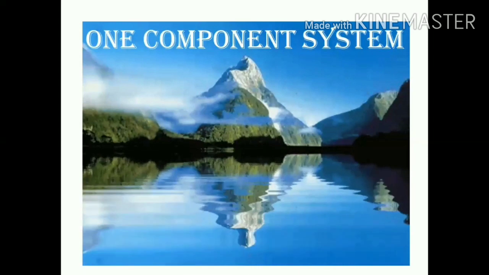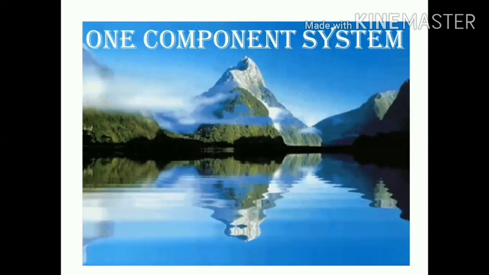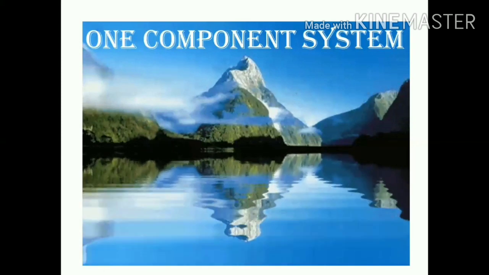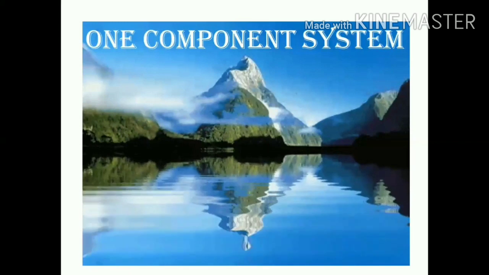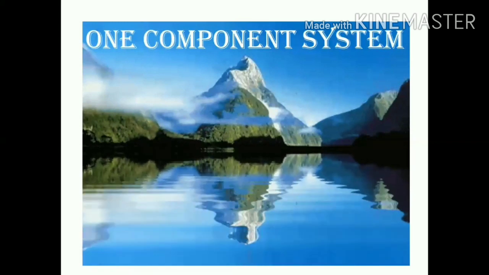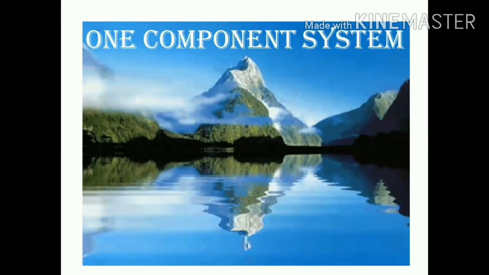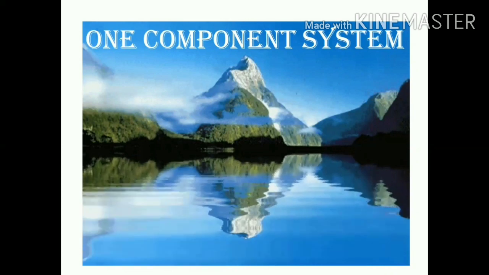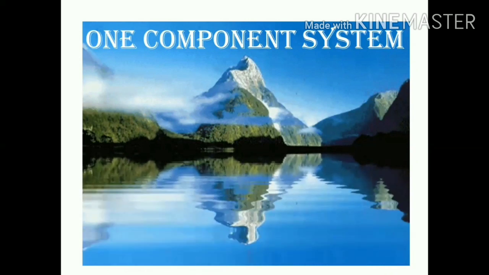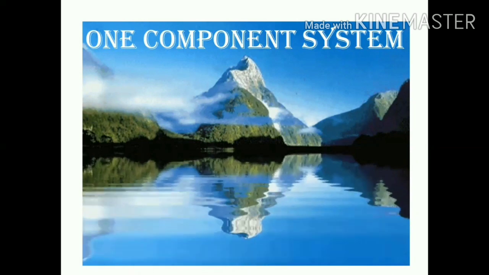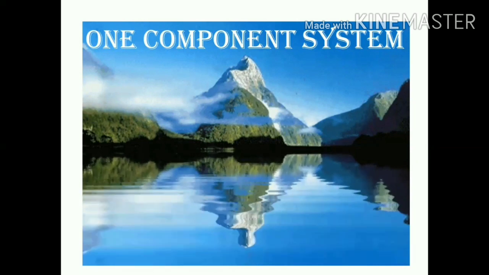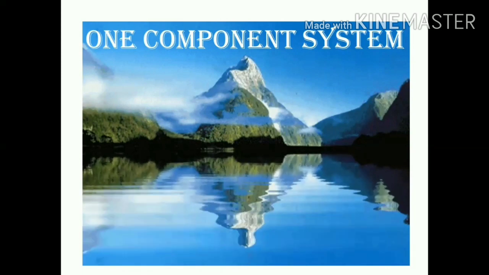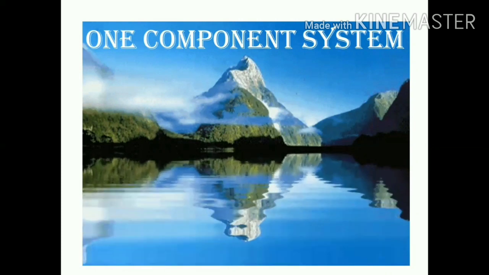expressed. In other words, when a substance or a number of substances exist in one single phase, then how many constituents are there in that particular phase which are capable enough to define or describe or express that phase, they are called components. For example, in the water system, usually we have three phases, that is ice, water and vapor in equilibrium. But all these three phases are made up of just one thing, that is H2O, water. So it forms a one component system.